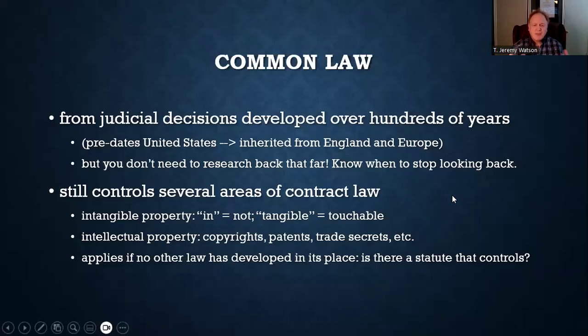So again, chapter 2, we're talking about the sources of contract law specifically, right? And as I mentioned, the very first source of contract law, the default you're going to think of when you ask what law applies to this question once you identify it as a contract law question, is the common law.